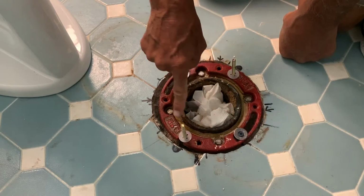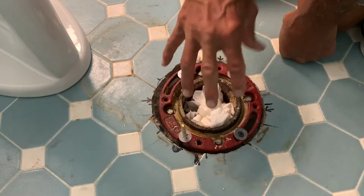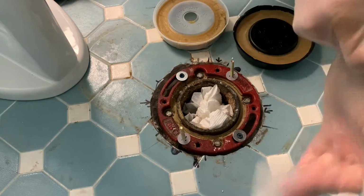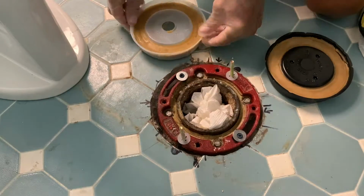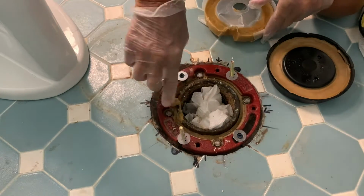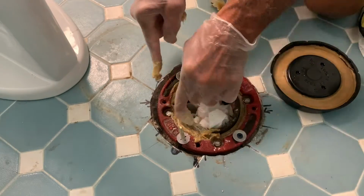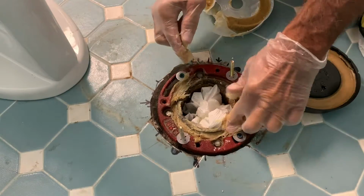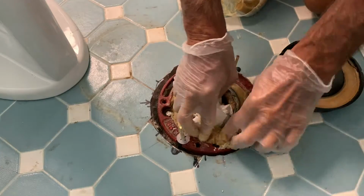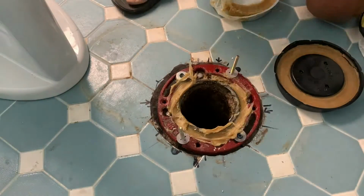I'm going to probably smush some wax in here just to get it nice and waxy. And then we'll put our wax ring on and squish it down. So anyway, this wax is messy stuff, so I recommend getting a pair of throwaway surgical gloves to use because this stuff gets everywhere. So what I'm going to do is take the wax from the wax ring that came with the toilet that I bought, and I'm going to smush it inside of the little crevice there, kind of fill that all up and make it nice and smooth,